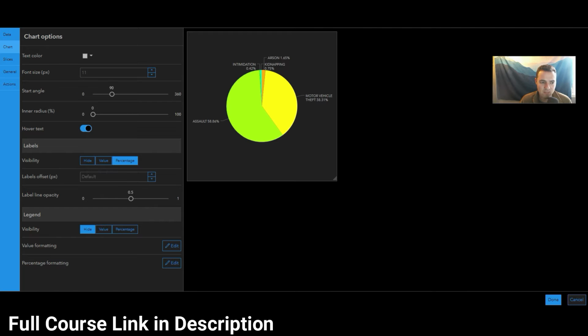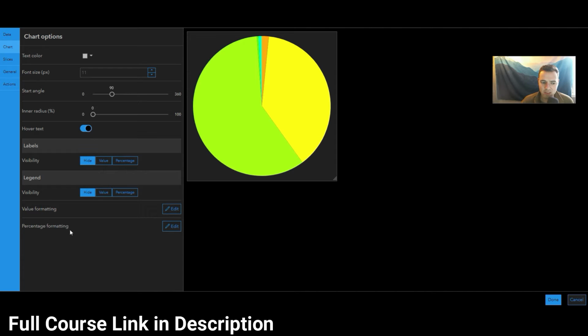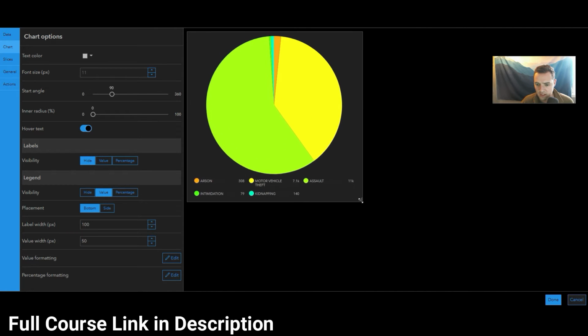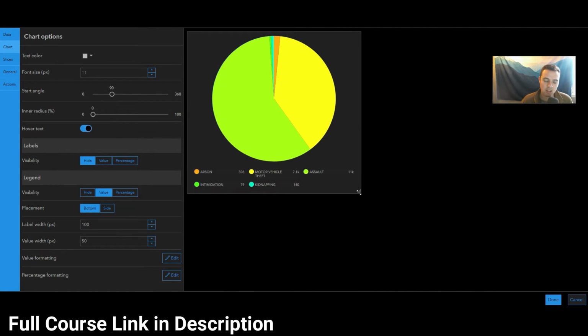And so we have this available. Let's go to the next area. It says chart. And the next thing I want to fix is the labels. So right now we have percentages, and I'd rather know what is showing when I hover, which is the actual count. So I'm going to say, for labels, I'm going to hide those, and then I'm going to show them in the legend, and I'm going to ask for the value. And this is a little bit cleaner in how this is presented here in my mind. So I'm going to go with this,